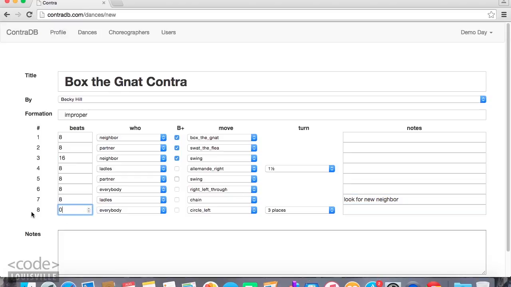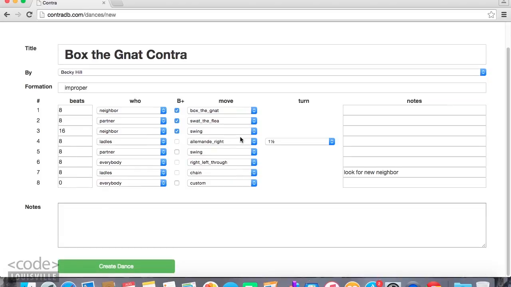So what's really going on here is this row is a bunch of JavaScript fields that have listeners. Whenever any of the listeners is triggered, we take that collection of fields, we extract the data, we create a JavaScript object, and we then render that object as a string in a hidden text field, which gets sent to the database. So we do that 8 times, one for each of the 8 figures. Boom, create dance. The database now has an internal JSON string for all of these figures, and in the dance